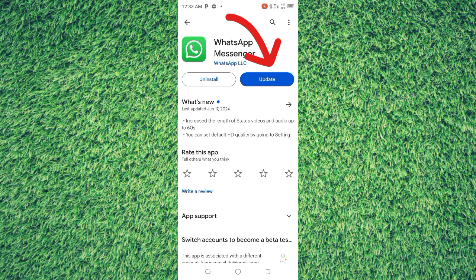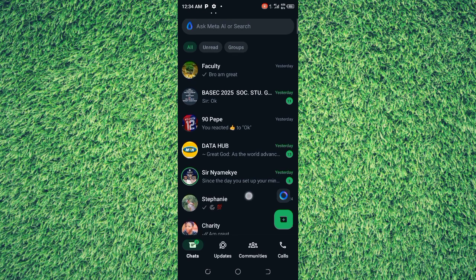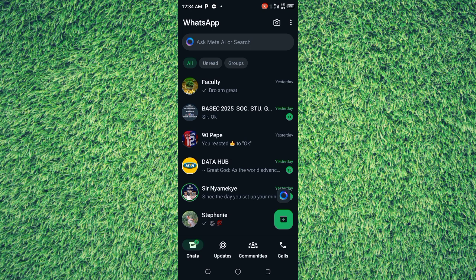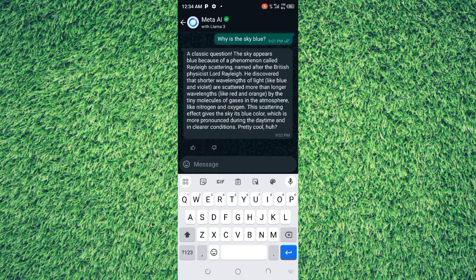Once you've updated, open up WhatsApp, but wait! There's more! The Meta AI feature is currently only available in a handful of countries. So if you don't see it right away, don't panic. Try opening a new chat with any contact and start typing a message. If you see a prompt that says, "I want to help, let's collaborate," or "tell me more,"